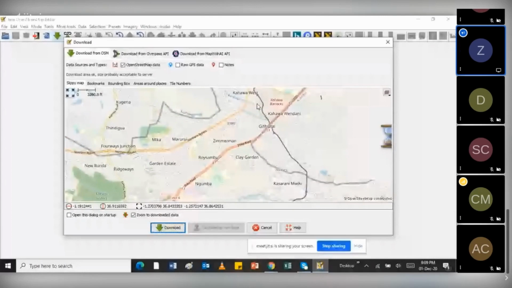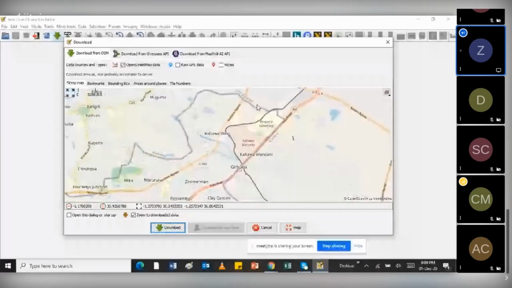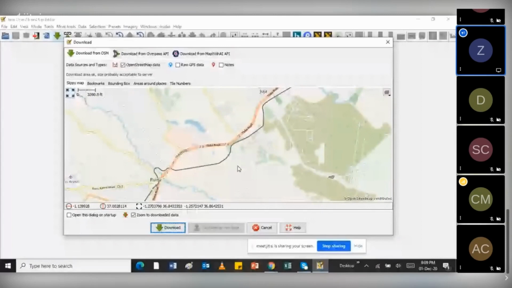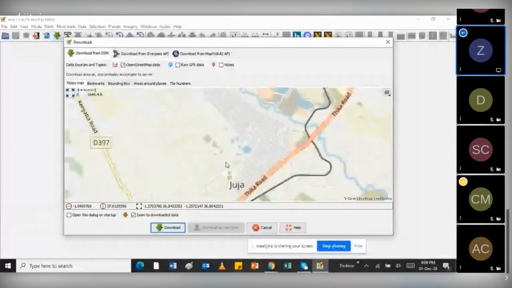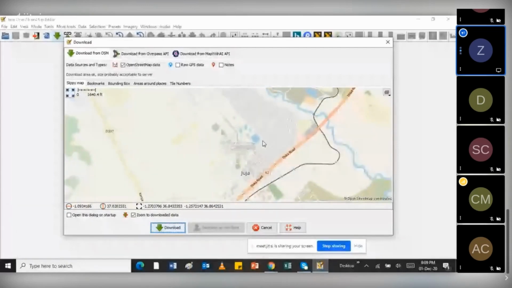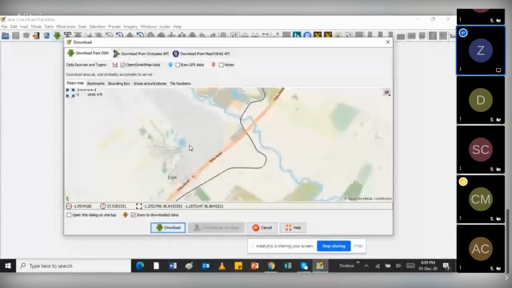The same area that James did last week, which is JQuat. This place, I think it's JQuat. Oh yeah, it's JQuat.